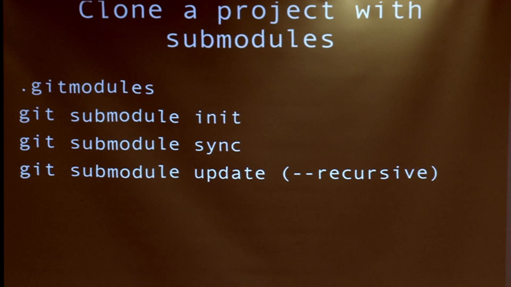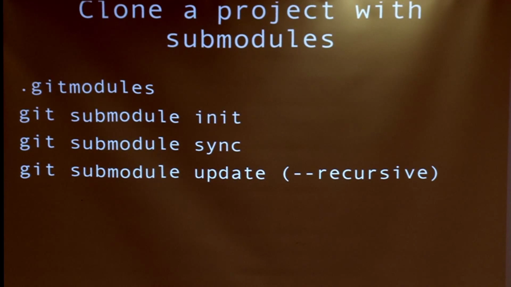And then git submodule update --recursive. In fact, that's useful when you have a submodule in a submodule. You can have that. You can have incorporated a few projects in one. So as I said, it's very useful for plugins or frameworks or whatever you use in a lot of projects.